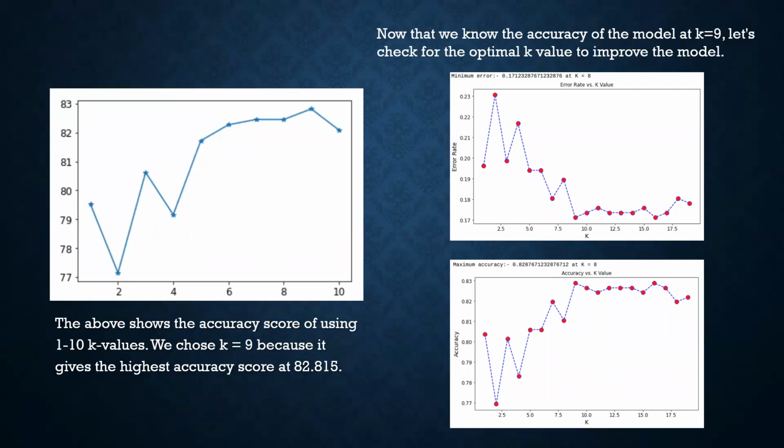The two plots on the right show the minimum error rate. We wanted to check for the optimal value of K to improve the model, but as we can see, the accuracy score is similar to our predicted model earlier. Overall, KNN is much simpler and faster to do as compared to other more advanced machine learning techniques. However, KNN also shows that although the approach is more straightforward, it still gives high accuracy predictions.